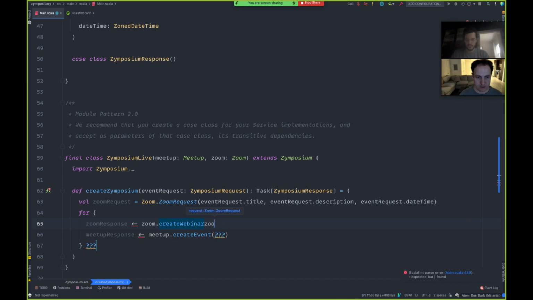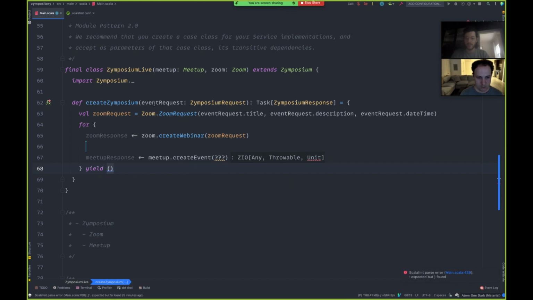So yeah, all right. So you're exactly doing the pair programming thing. You're already head on doing the Zoom request. I just have to do a yield here so it doesn't get red. Nice. What do we make the meetup request require?